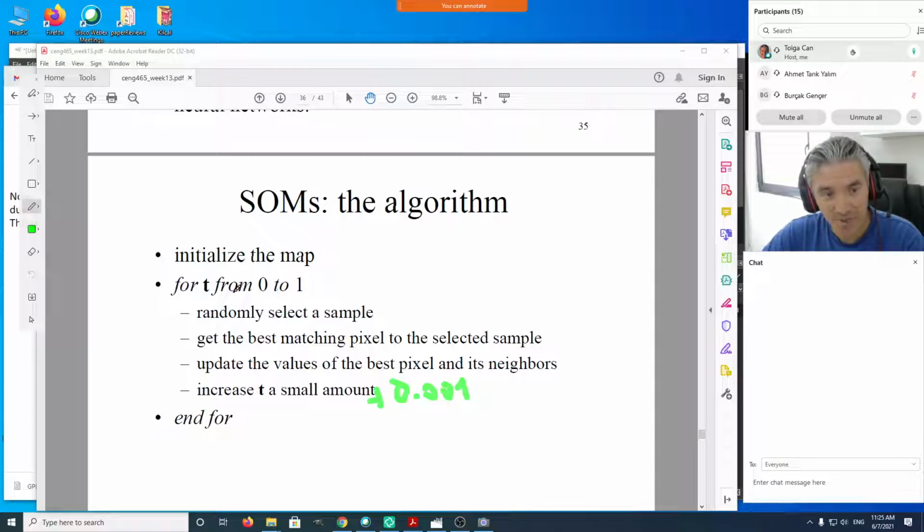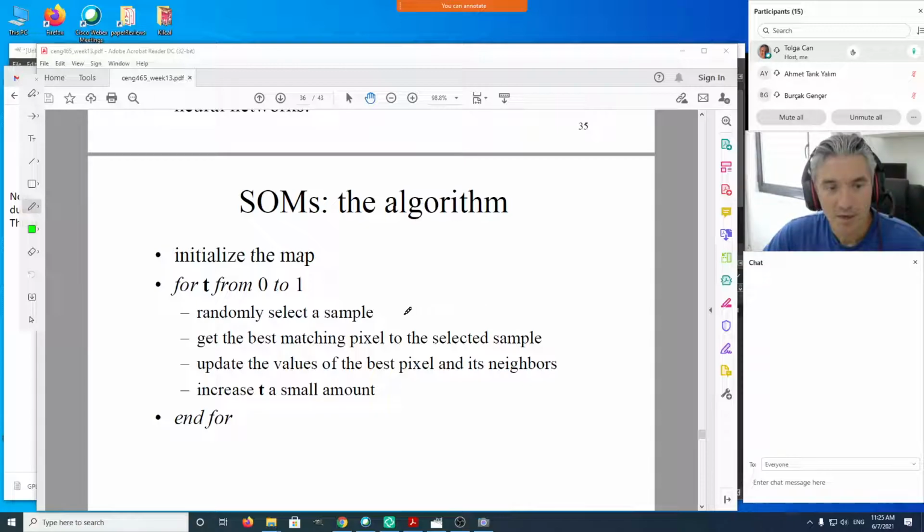Based on the value of t, you're going to do something different at each iteration, and like simulated annealing, at smaller values of t, you're going to update your map a lot. But as t becomes larger, the update on the map is going to be smaller and smaller, and the map is going to converge to some